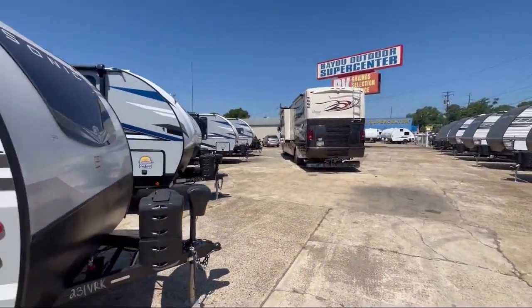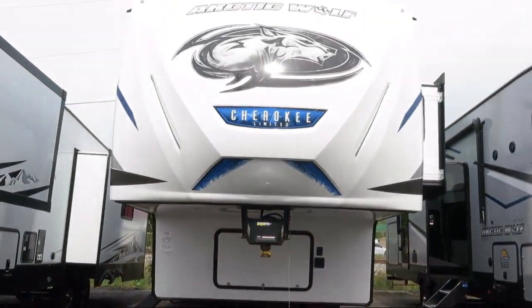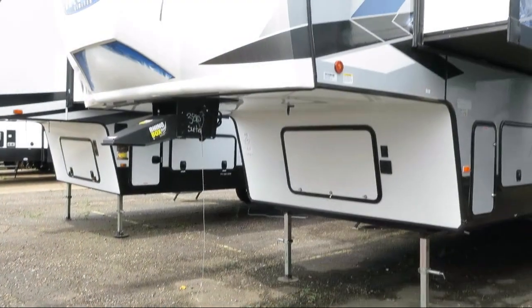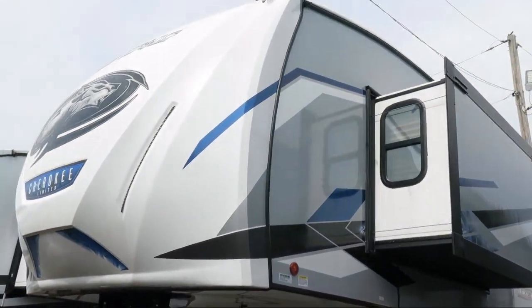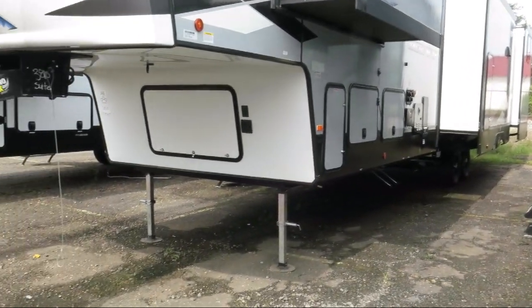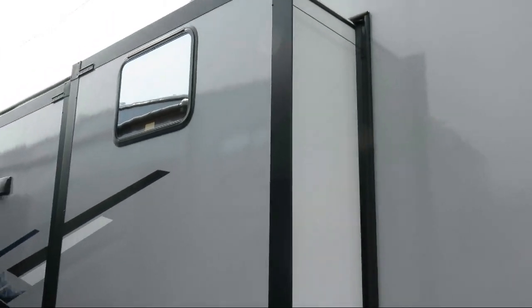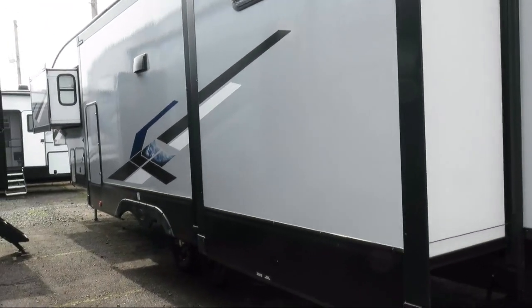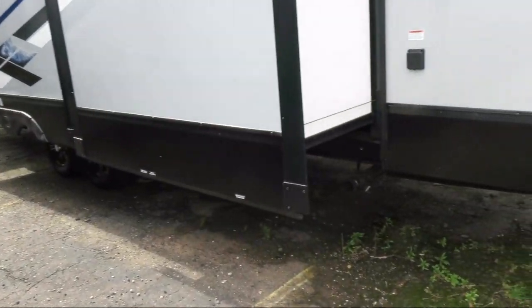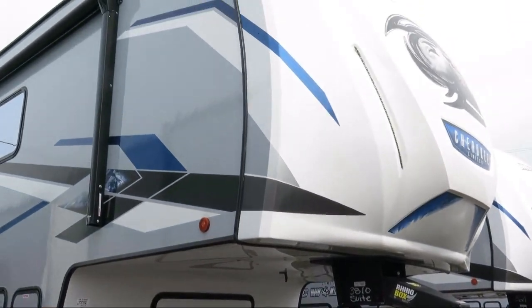And here's a great RV from our giant selection of motorhomes, fifth wheels, and travel trailers. This beautiful fifth wheel comes equipped with outside kitchen refrigerator, outside shower, stabilizer jacks, flip-down travel rack, automatic levelers, outside storage including a full pass-through compartment, quad slides, LED exterior lighting, quad step entry, backup camera ready, outside storage, rear